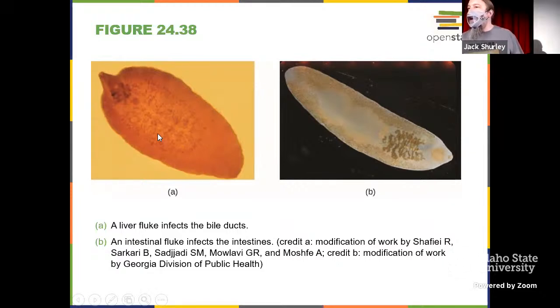You often contract this through the ingestion of aquatic plants like watercress. It is something like a salad. You don't cook that stuff up, you just eat it. And that sets the stage. If this parasite has encysted on the vegetation, when you consume it, you get the adult stage of the worm. This is a similar idea, but instead of the liver, it's in the intestines.